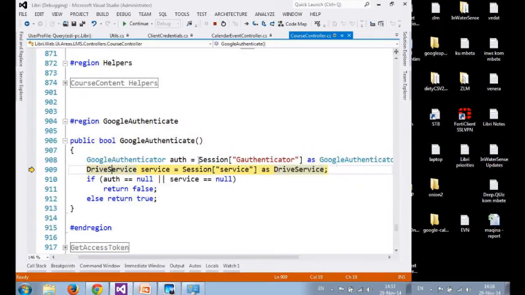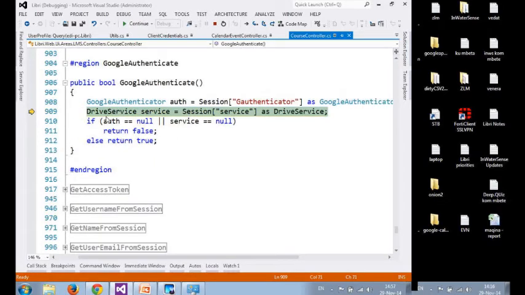I am getting from session. Later, if the refresh token is present in the database, then I use all that. Then I have to build the drive service. If any of those is null, then I will return false. Otherwise, I will return true. And if it is okay, then